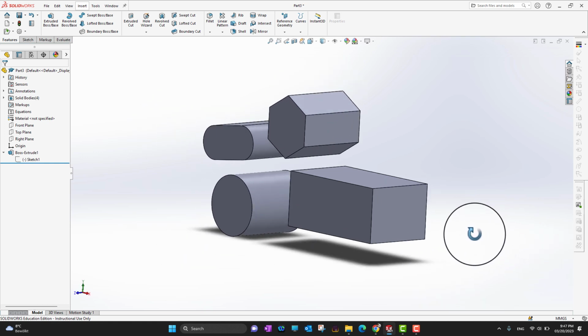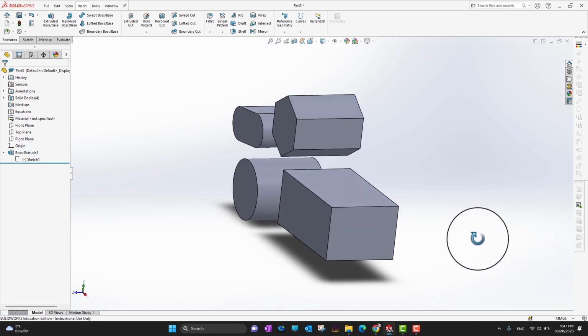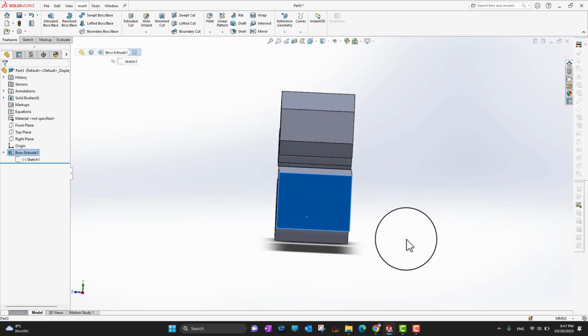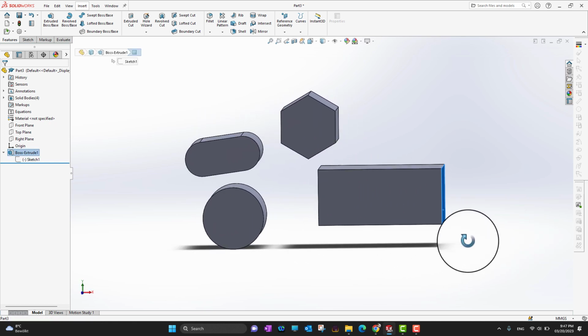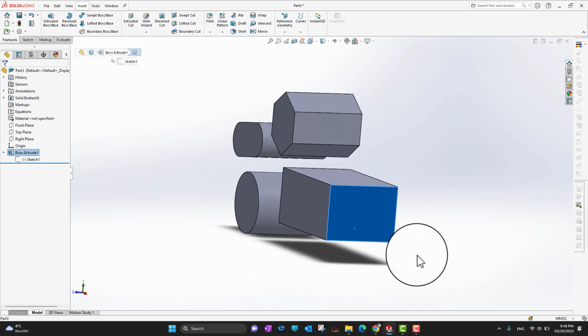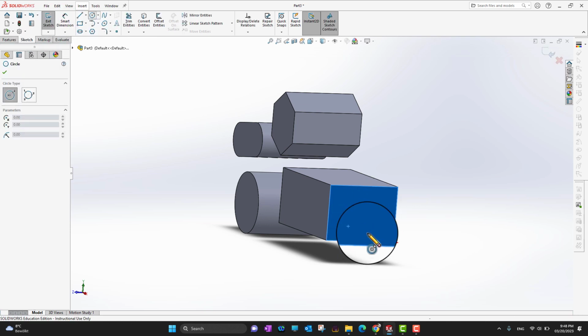Okay, let's do something interesting. Let's say we have this face or this face. Let's draw on this face. Suppose I want to select this face right now. As I already said, if you want to sketch, you need to choose a fundamental plane or a face. So right now I want to choose this face here, and I want to sketch on this face. Suppose I want to make a circle here,